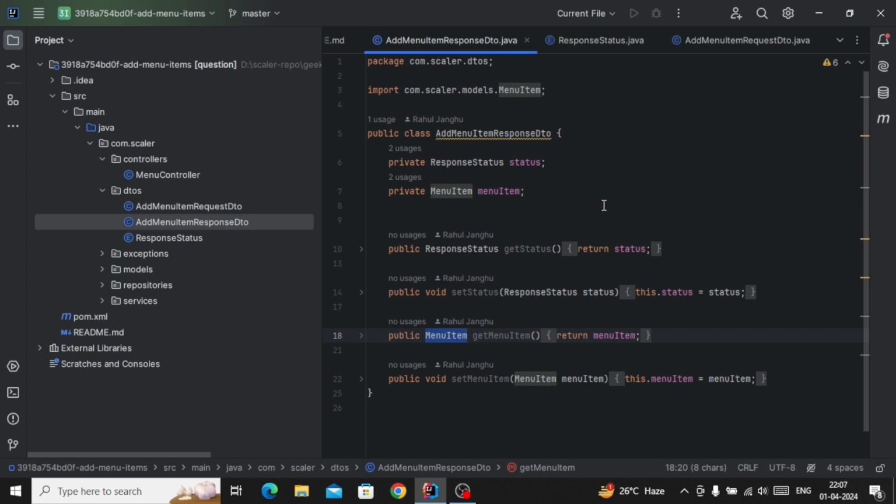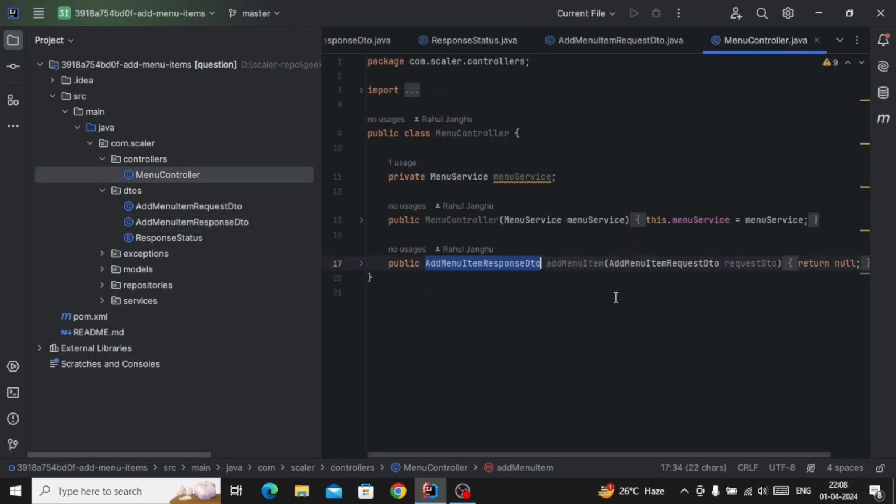Whenever we implement any feature in Spring Boot, first we write the controller, and he has already given us the menu controller. Whatever function is called in the menu controller, like add item, we have to implement, so we will keep the same name and put it in the service file.